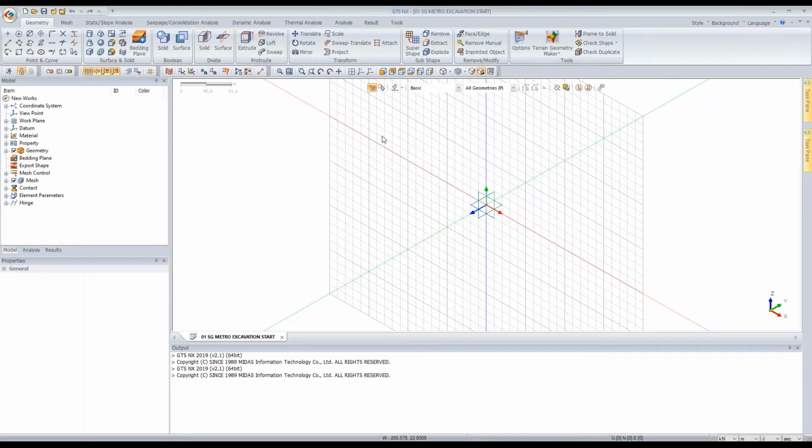Right. Okay, so when you open the GTS NX program, you can see this window, and there are some tabs to proceed with the analysis, and there are some functions under here. And this is the control for the view. Okay, so under the mesh tab